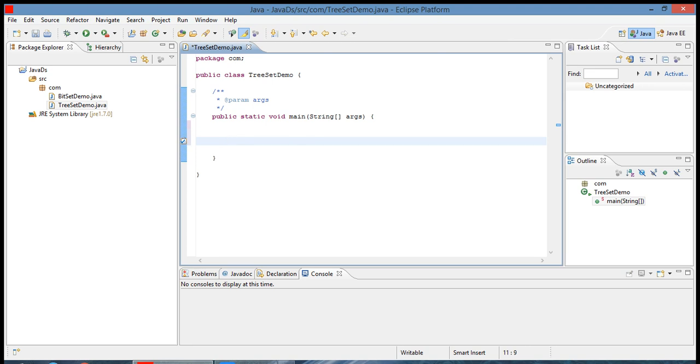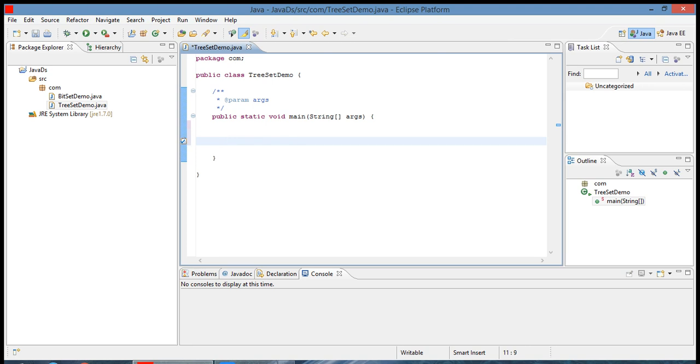If we are storing only string type elements, we can store only string type. We cannot store string and integer together inside a single treeset. If we try to store heterogeneous objects, it will give an error, ClassCastException. So we have to take care of that.